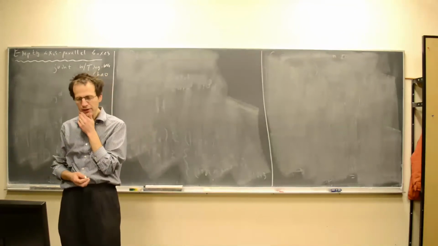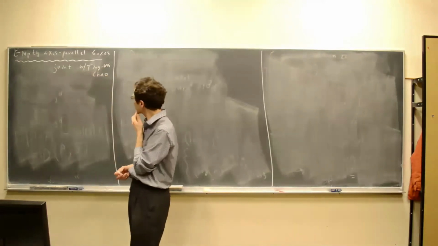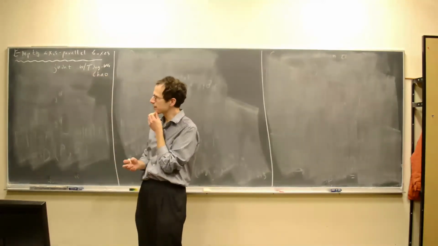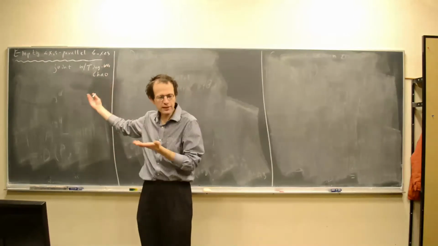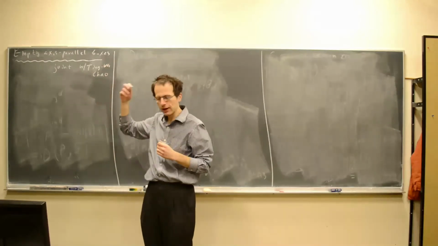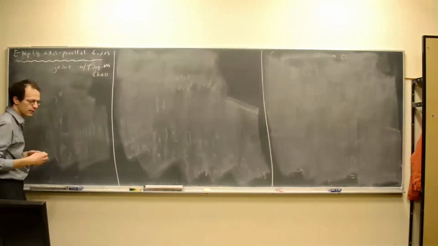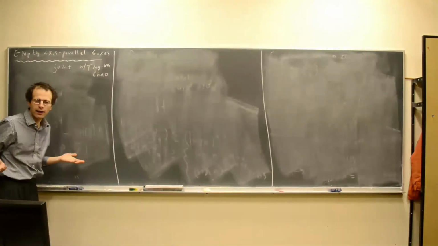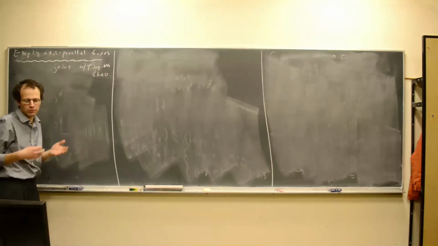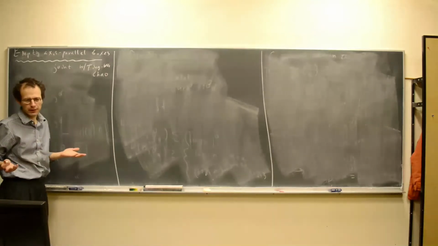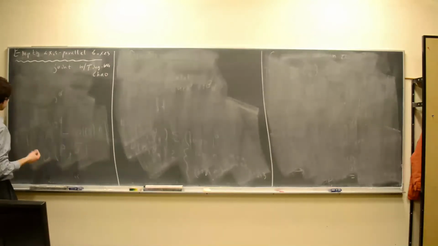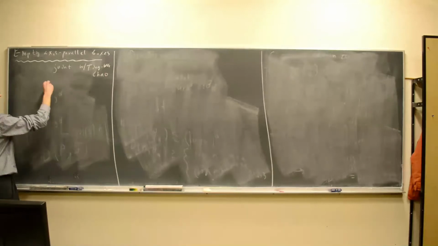Okay, so the problem I will tell you about is the problem of empty axis parallel boxes. Let me tell you what the problem is, and then I will tell you a little bit why anybody would care about it, and also tell you what new we can say about it. Okay, so the problem is this: the setting you have